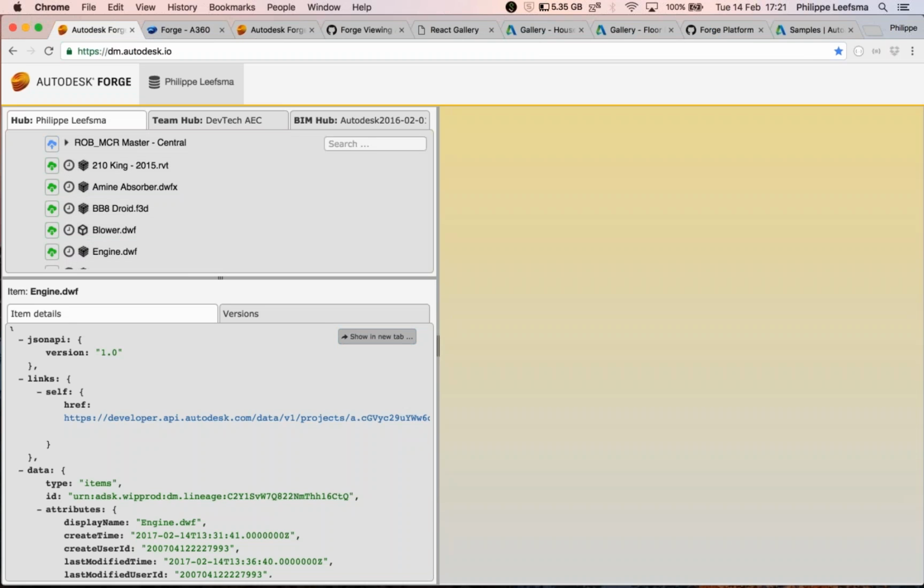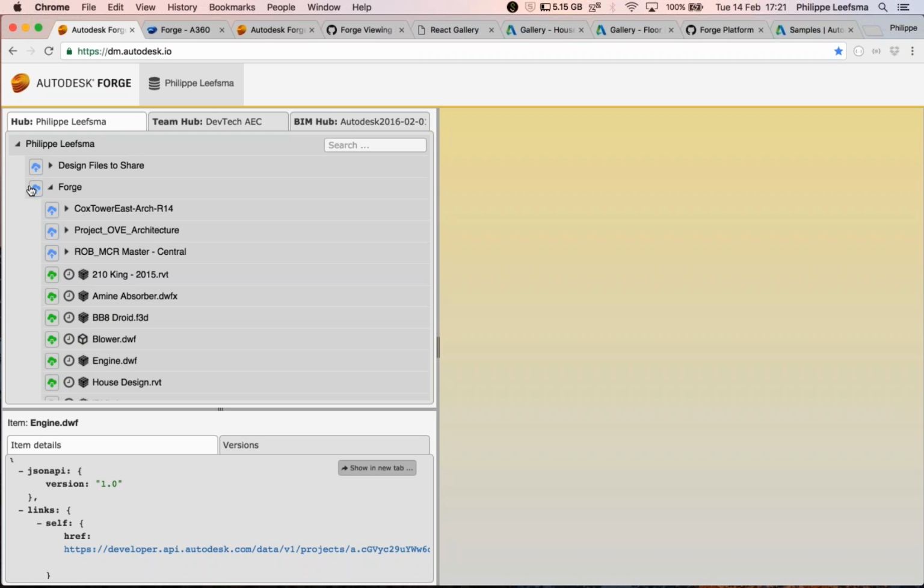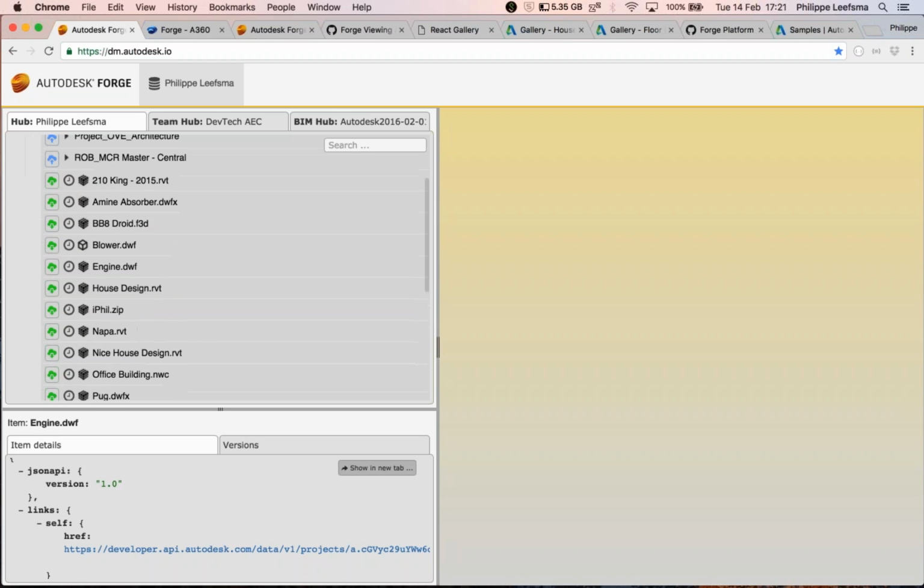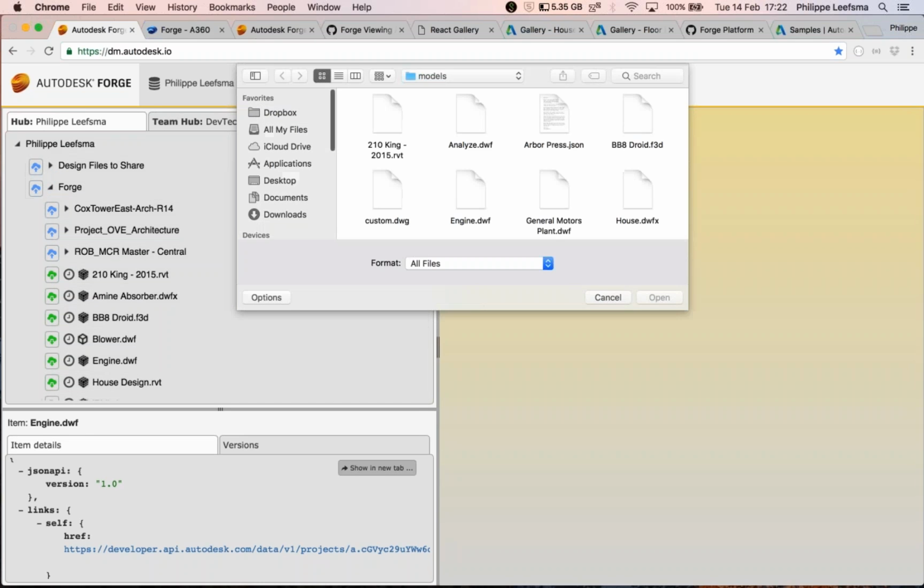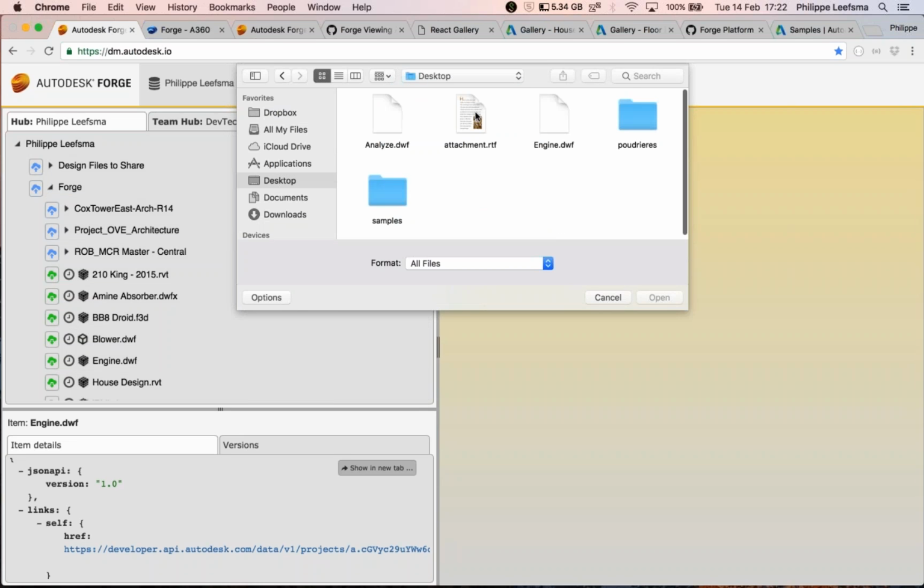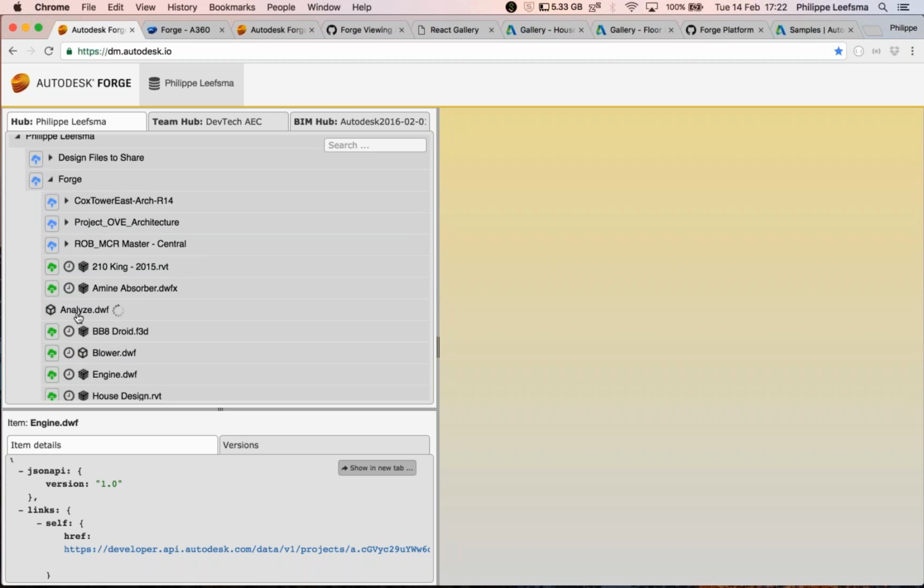And other things which you can do from the samples are uploading files and downloading files. So here, with this icon, I can upload a new model. Let me navigate. Here I've got a very simple model, a very small file, a DWF file. I will upload that to the selected project or selected subfolder. And you can see the file is being added to the tree,